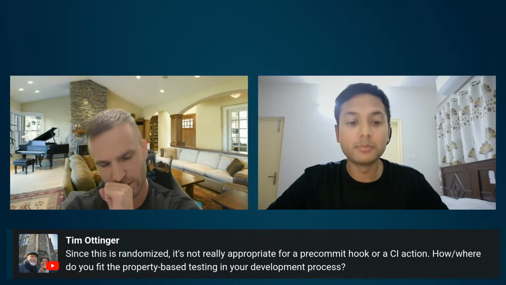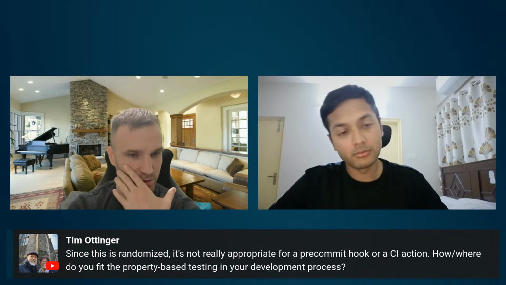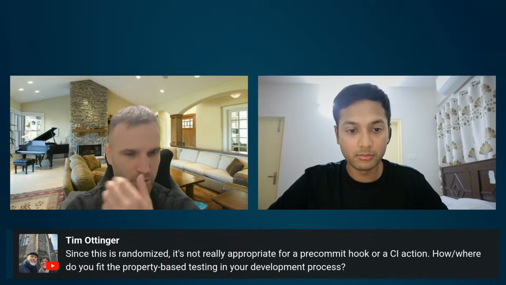But I found the sweet spot is 100 as the number of tests for property-based testing, personally, in my projects. Because let's say we have a unit test which takes 10 milliseconds, then if you run it 100 times, not concurrently, that's 1 second. It's more than a few milliseconds, but the confidence you gain is worth it, I would say.